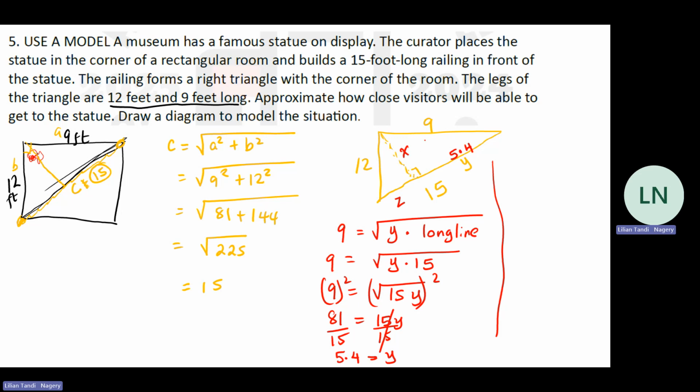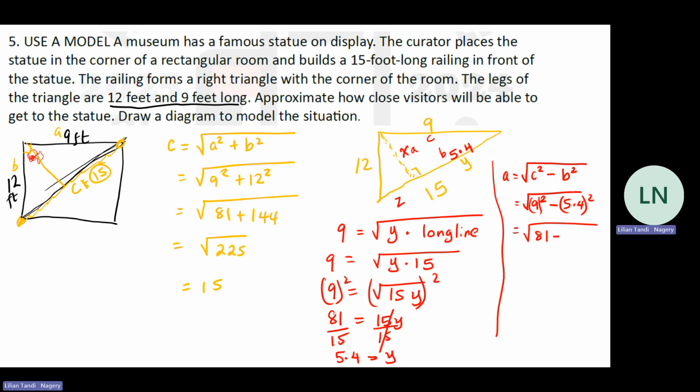Okay. So this is my A, this is my B, this is my C. So I want A. A equals the square root of C squared minus B squared, which equals 9 squared minus 5 and 4/10 squared. Okay, so this is equal to